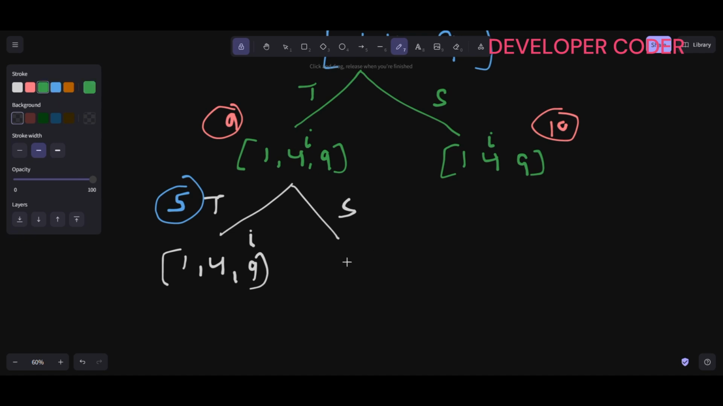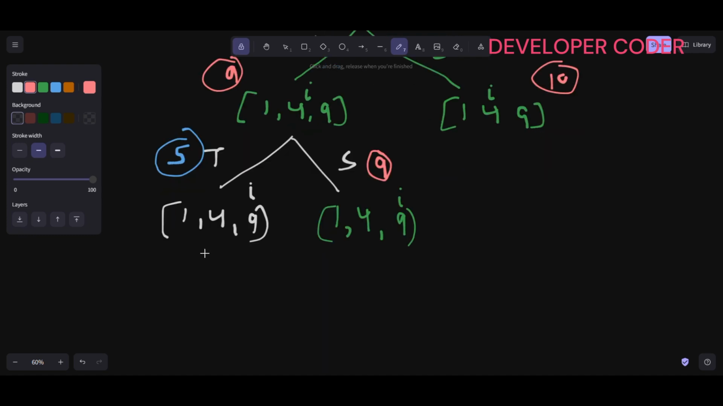Okay, so 5 is the remaining part. If I'm skipping this 4, so here I can say 1 4 9, my I is going to go here, and my remaining is still 9 from here. Okay, 9 is still remaining. All right, this is done. Now here again I have two options,